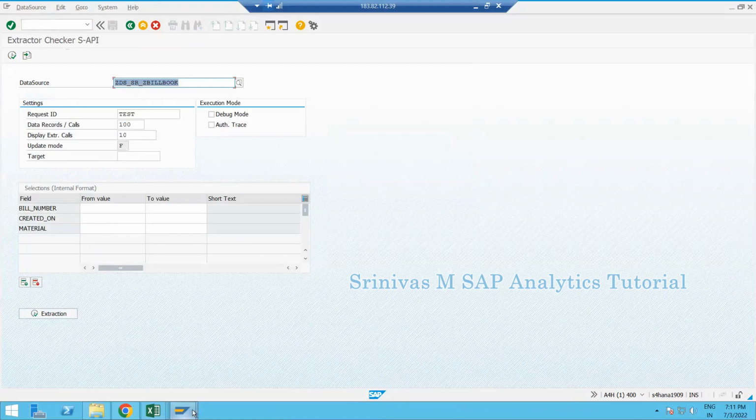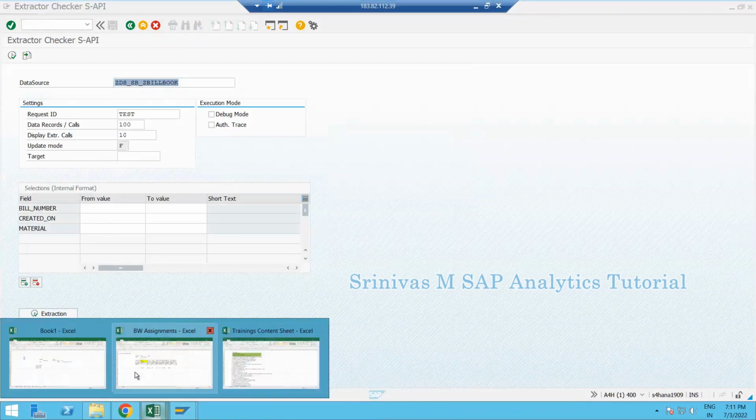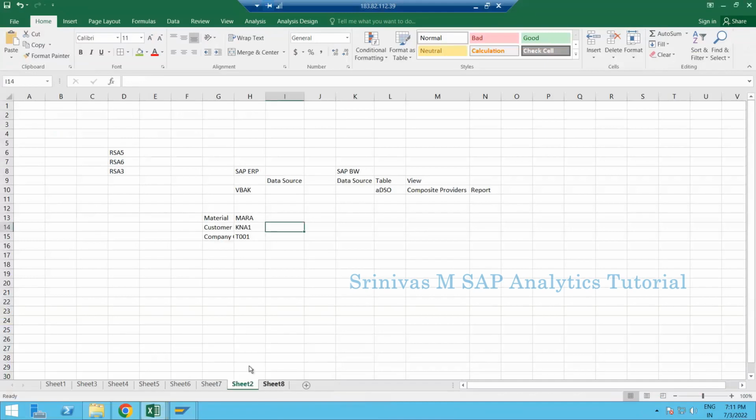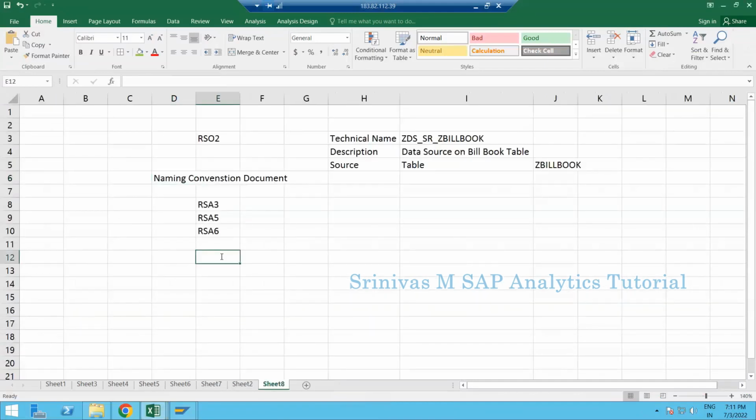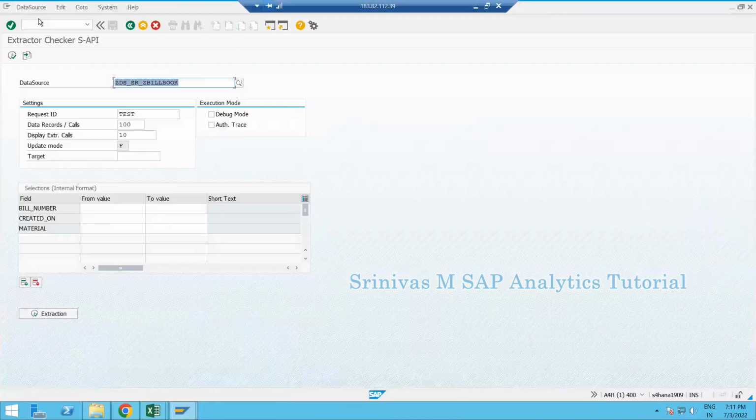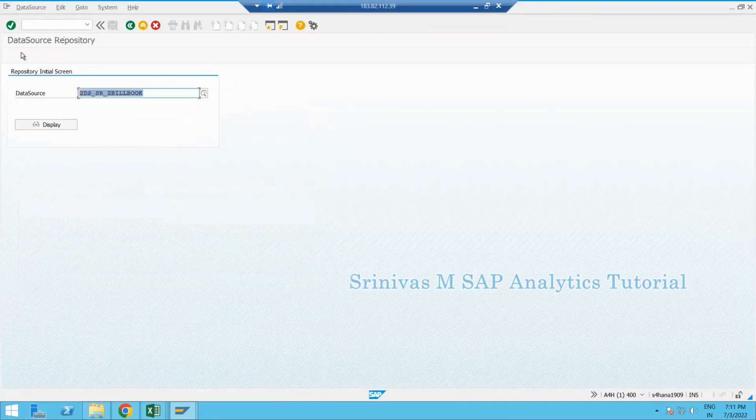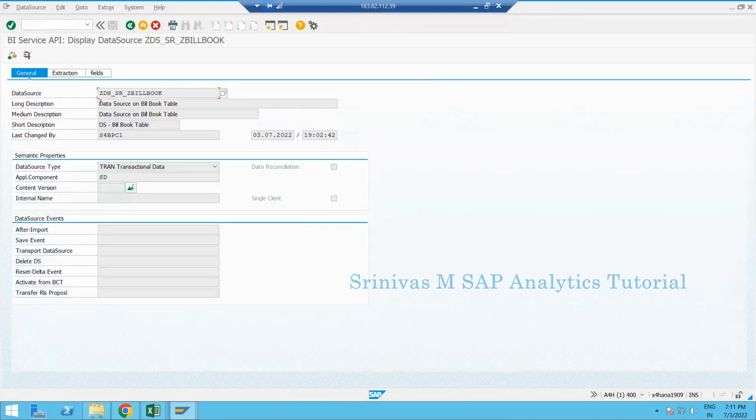And one more thing, one more T code which I am going to teach is RSA2. What was the T code? RSA2. So what is RSA2? It is the data source repository. So by going to RSA2, by providing the data source name, you can find all of its properties, means main information. So this is the data source name, description, and under which what kind of data source,